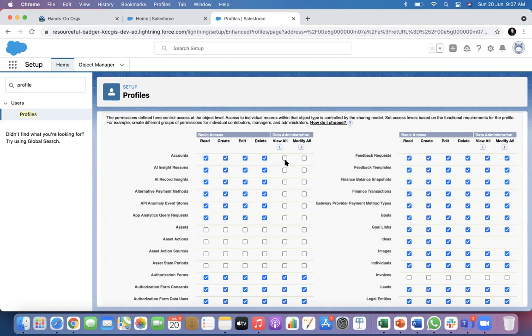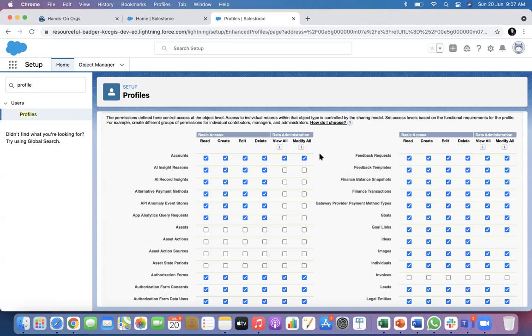So please remember, usually only the system administrator profile has this. Normally it is not given to any other person. System administrator will always have view all and modify all. That is why a system administrator can bypass OWD. Is it clear now? And that is needed, right?